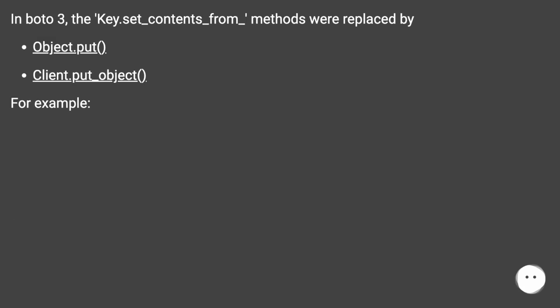In boto3, the key.set_contents_from_ methods were replaced by object.put, and client.put_object. For example,